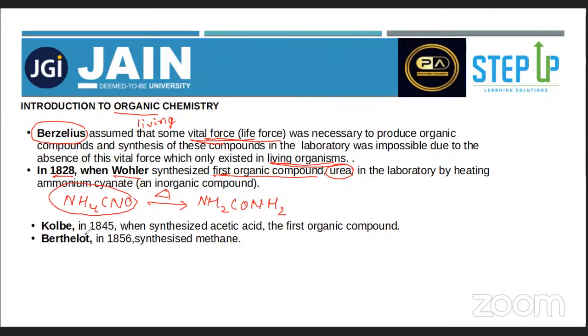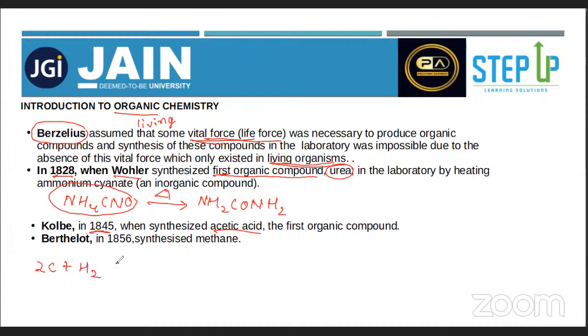So this was the first synthesized organic compound, but you can see it was made using an inorganic substance. Next is Kolbe, who in 1845 synthesized acetic acid. The first organic compound synthesized in the laboratory was by Wöhler. If we want to write the reaction, what Kolbe had done is that he took 2C